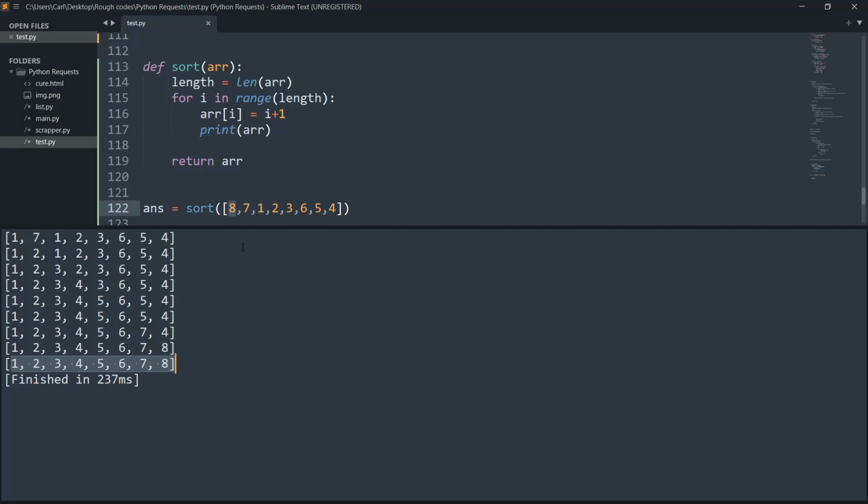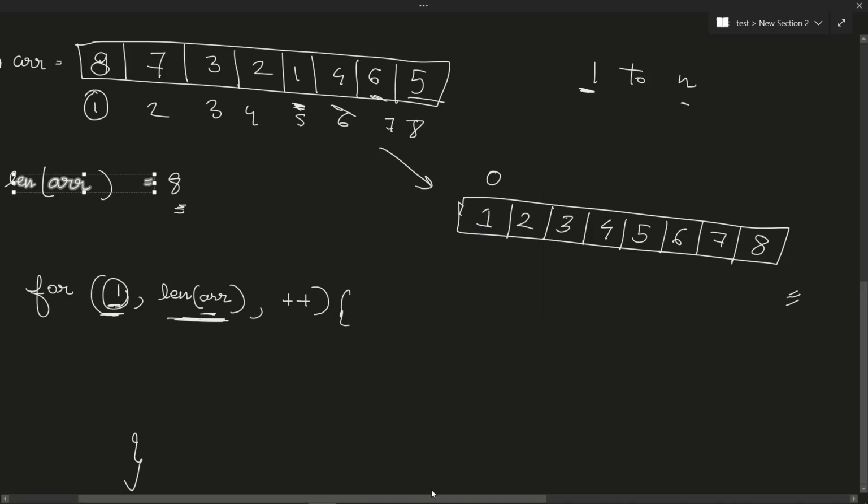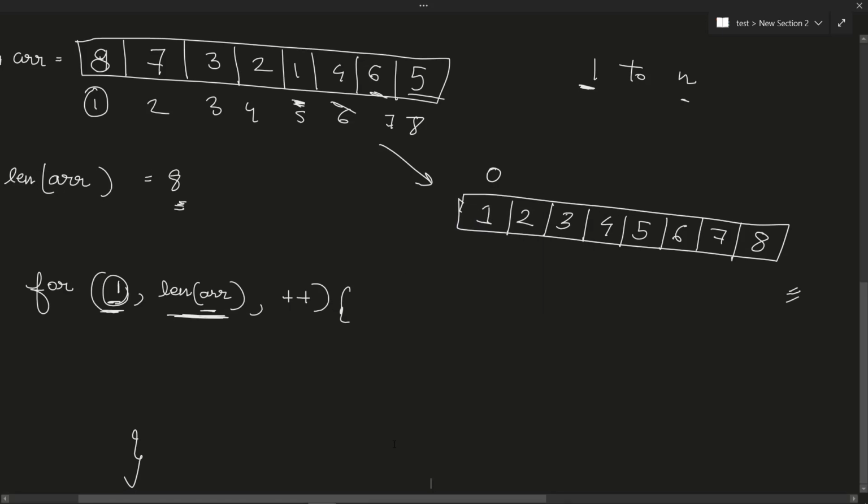Okay, so we have solved this problem, we have understood everything. Now let's go into the scientific terms of this problem, where we deal with the time complexity. So first of all, we have been given an input array, and we use the len function to come to know the length of the array, and the len function of any programming language has a time complexity of big O of n. So basically it iterates over the whole array and keeps on incrementing a variable, and it returns that variable as its length. So its time complexity is going to be big O of n.